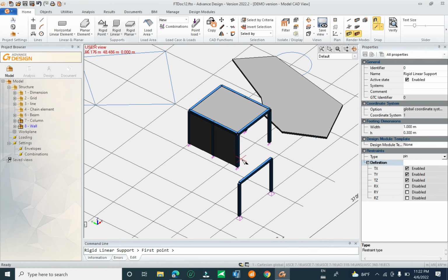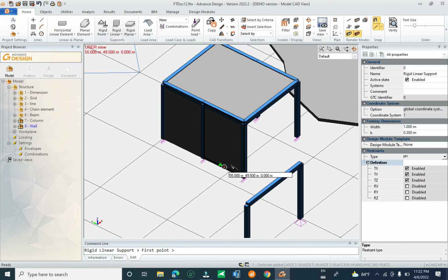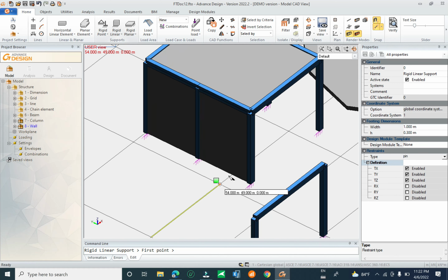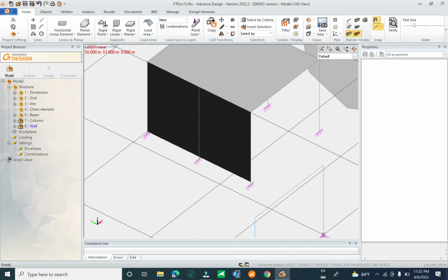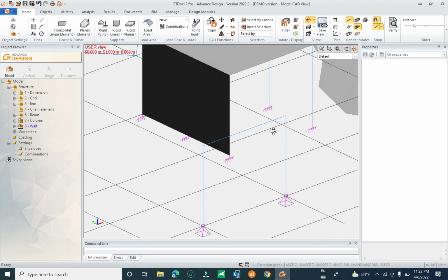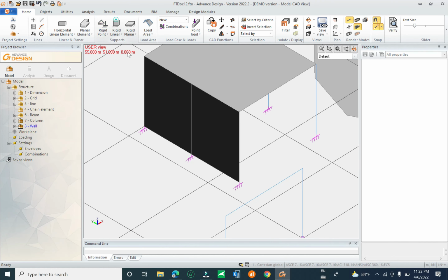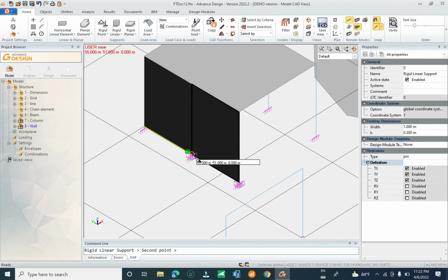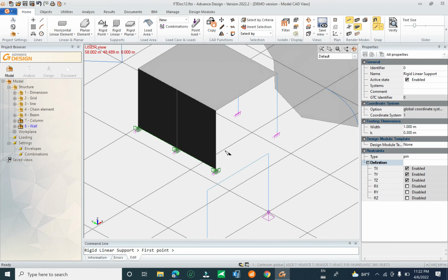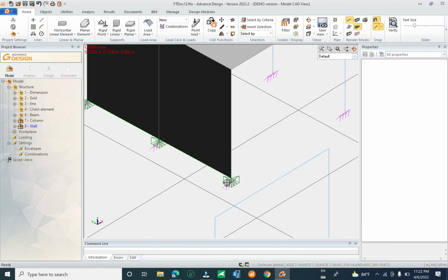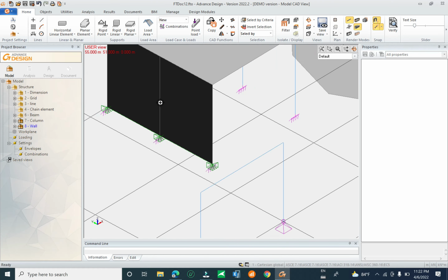Okay, see, press Ctrl and the middle mouse, and you click on the element. You can drag and drop it. Now I want to show it in wireframe, and you can click on one point to the other point. Okay, one point to the other point. You see here, this is for the support of the wall,